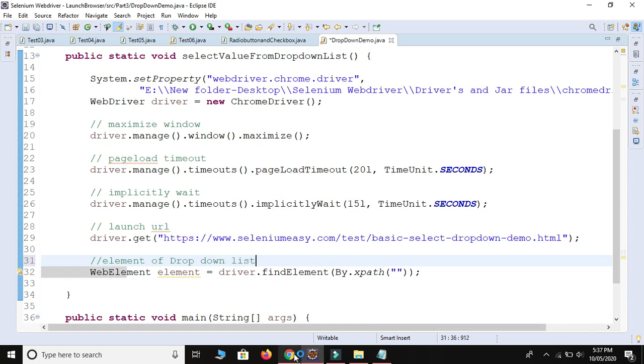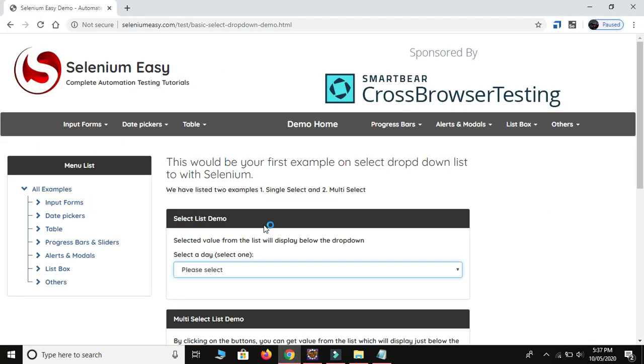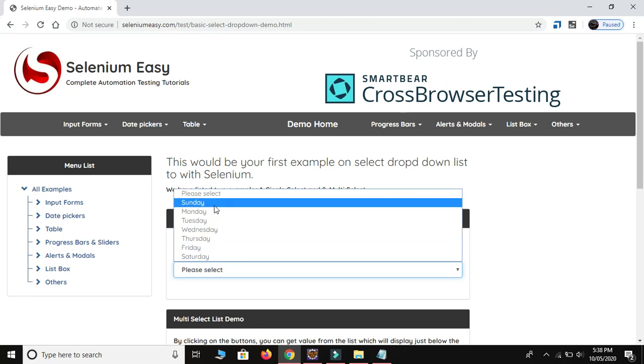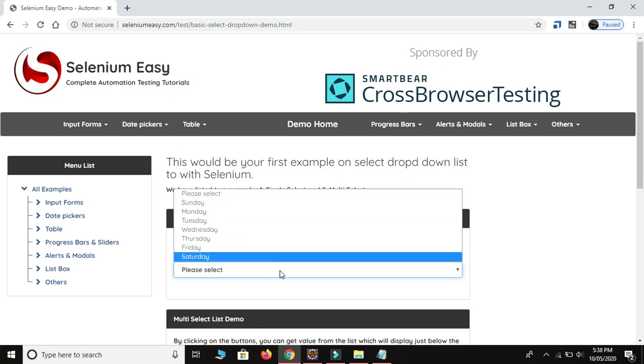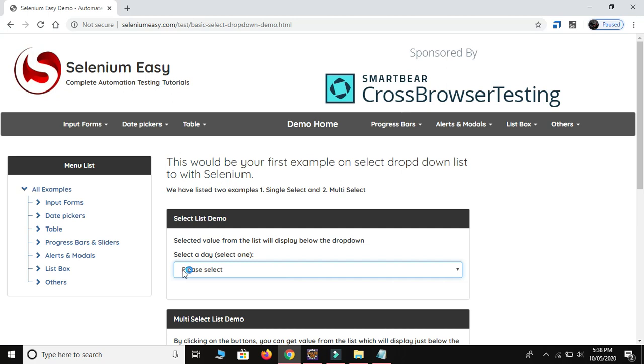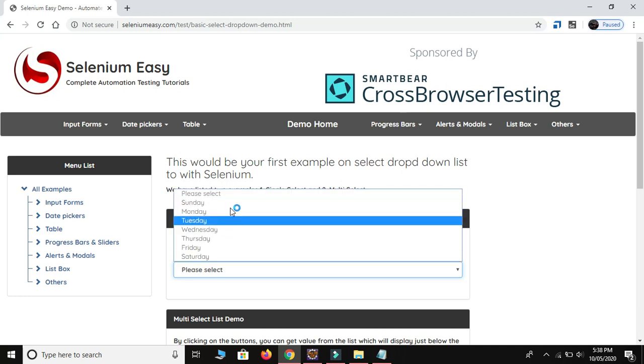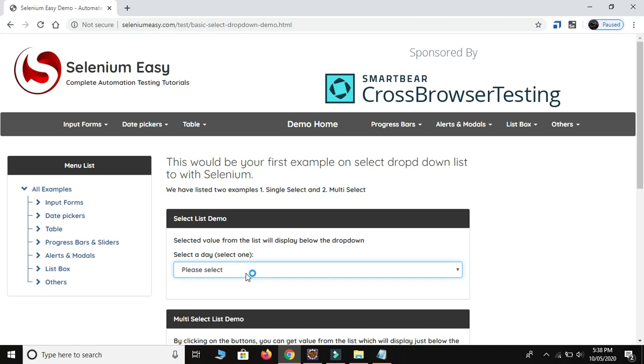So let me inspect this element because this is a web element. Okay, but inside this web element it contains some sub elements. So when I click on this, it will give the list of these 7 sub elements. If I get this element, Please select, then by default I am able to access its sub elements also, because when I get some package I get some sub items also with it.